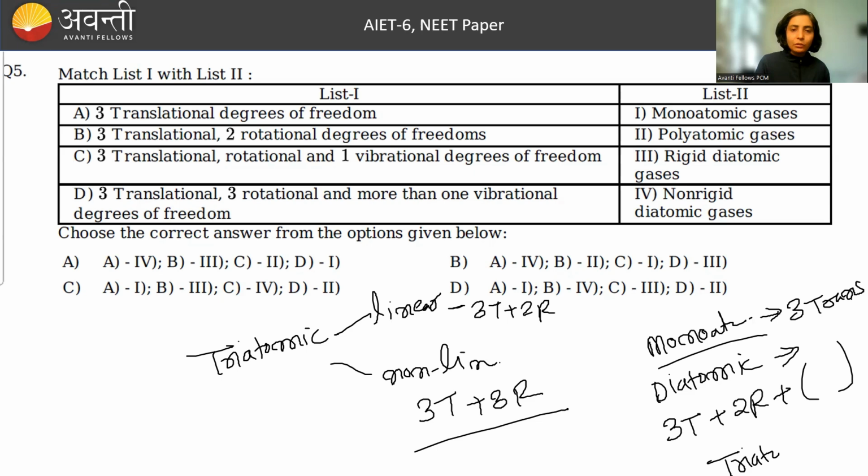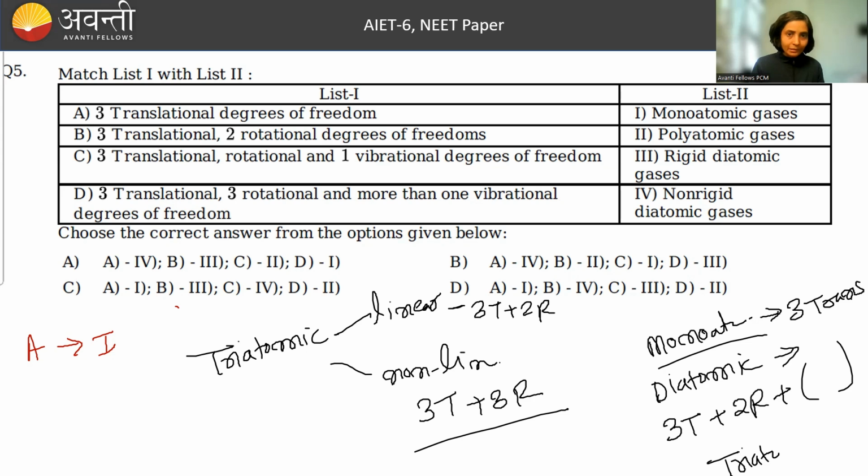3 translational degrees of freedom. So it will be what? Monoatomic gases. So 1. What will A be? A will be 1. So write 1 in place of A. In the second, we have 3 translational, 2 rotational degrees of freedom. So this is definitely not non-rigid diatomic gases. What will this be? 3 translational, 2 rotational degrees of freedom. So what should the answer be? The answer for B should be rigid diatomic gases. See, here it is non-rigid diatomic gas,